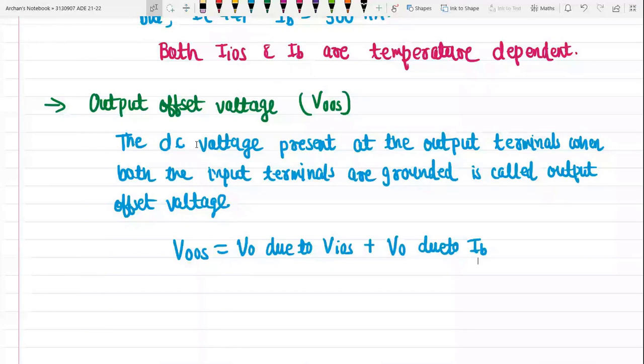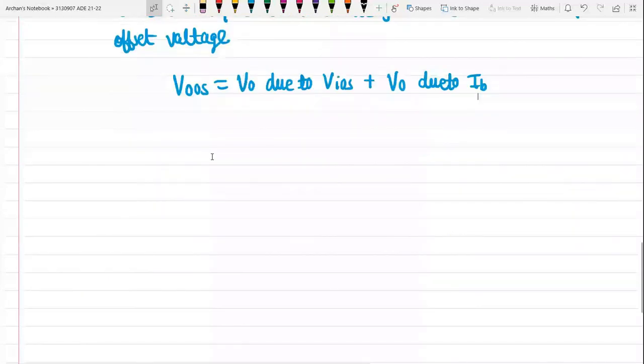Okay, so before we move on with these techniques, offset nulling techniques or offset compensating methods, let us try to understand the effect of this output offset voltage, bias current, etc. on the performance of the operational amplifier. So first we will try to understand the effect of these parameters, and then we will try to nullify the effect of these parameters. Okay, so we'll start with the effect of